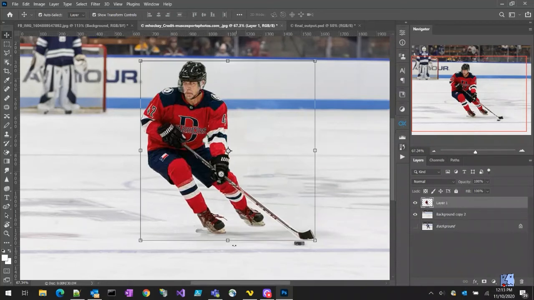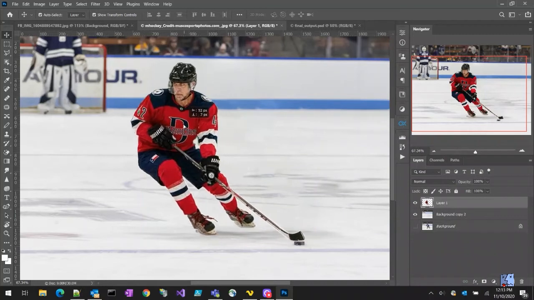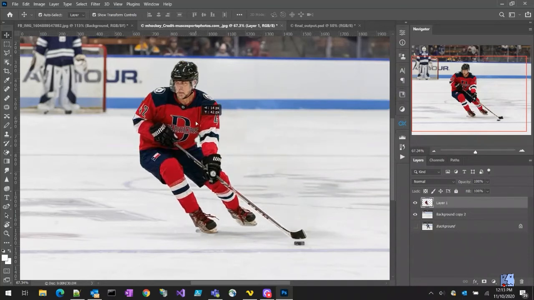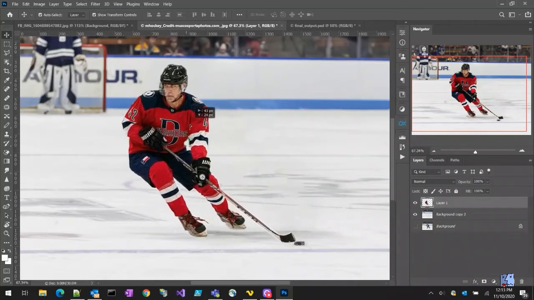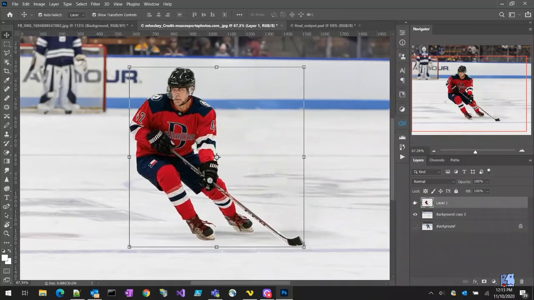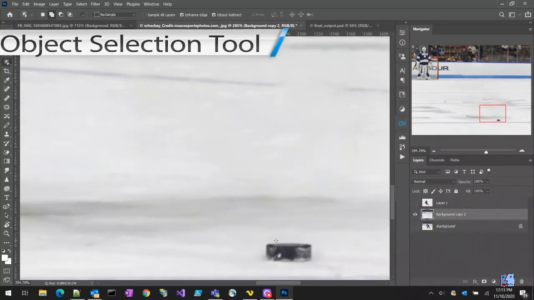Okay, so there's a little bit of the shadow, which we'll clean up in a moment, that I want to fix so that it looks like the player is actually using the same shadow as the other player. Sometimes you just need to find a better spot for it, but then we lose our puck, don't we? So let's go ahead and fix that by preemptively putting our player where we want them, and then we'll hide them there, and we'll go grab this puck and move it around a little bit. So let's grab this object selection tool, and we'll copy that,